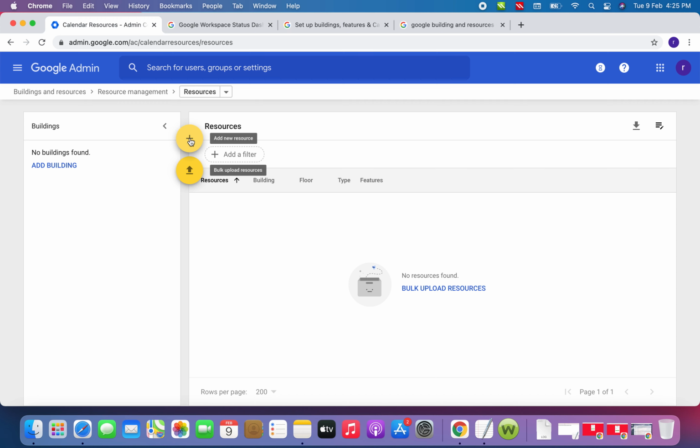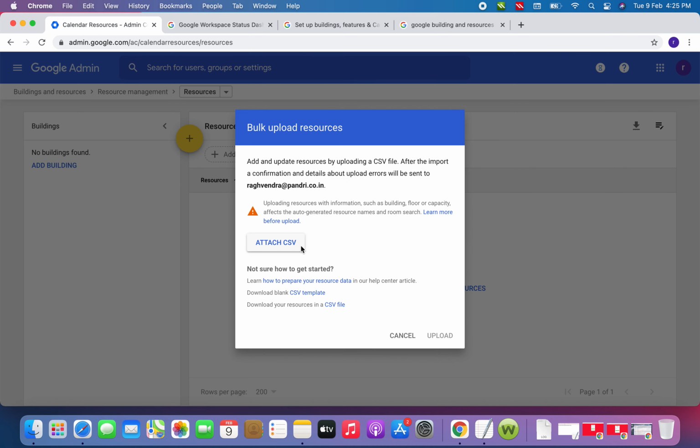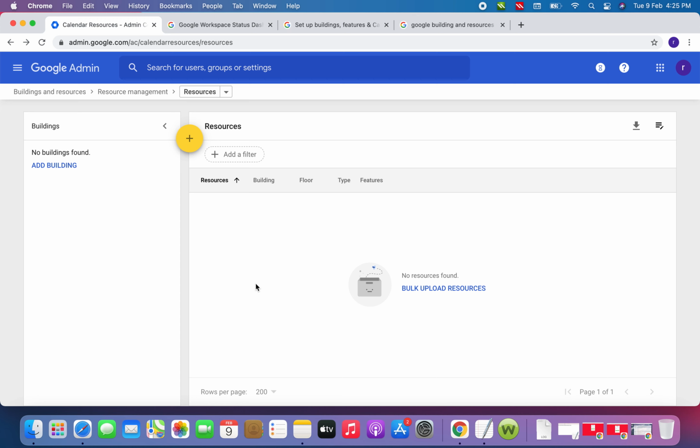When I click on the plus icon, it shows two options: add a new resource singly, or if you have multiple resources, you can download a template from here and upload that CSV file. So it will upload in a single shot. I'm just giving you an idea about it.